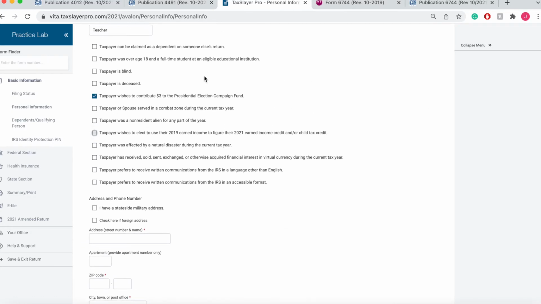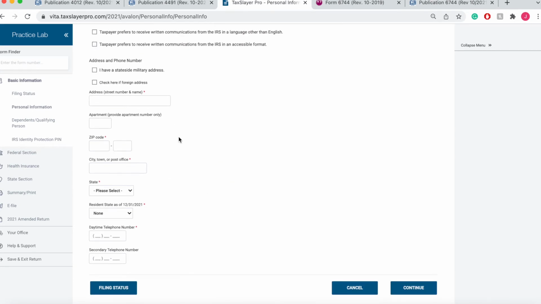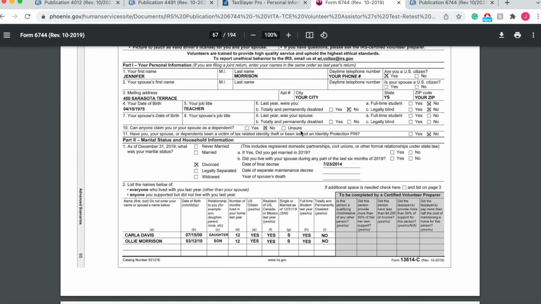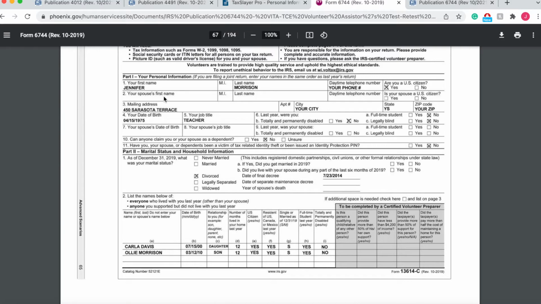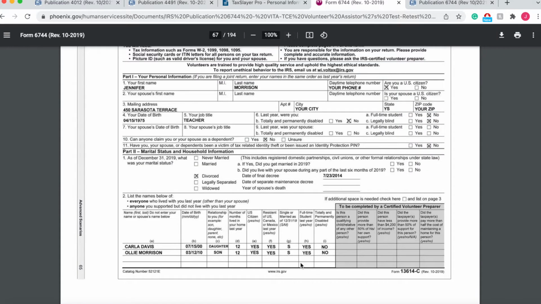And so none of those apply except the Presidential Election Campaign Fund, and so we can leave all of those blank. So now we're going to come here to the address portion. And so here we're just going to copy her mailing address that's listed here, which is 450 Sarasota Terrace, and the zip code here, 97403, Eugene, Oregon, resident state as of 12/31, Eugene, Oregon. You see here we're just supposed to enter in our own city, state, and zip code there as well,